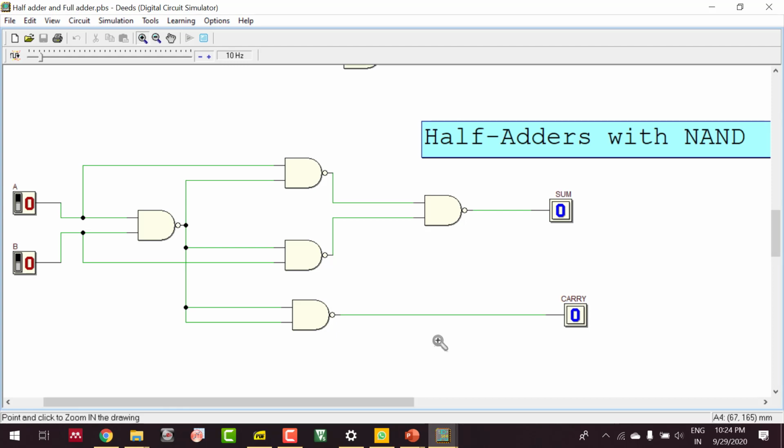Okay, now I'm going to show you how to construct the half adder and full adder using NAND gates. Using only NAND gates, as you know, the sum has the expression A XOR B and the carry is A into B. If you look here, you are taking A and B here. When you connect it here, it is going to produce AB bar. If you take AB bar again as one input to the 2-input NAND gate, it becomes AB, and these 4 NAND gates are going to produce A XOR B. This is nothing but a half adder using NAND gates. I am going to just verify the truth table. So when you keep both 1, you are supposed to produce sum 0 and carry 1.